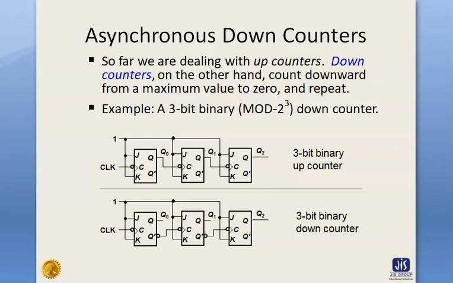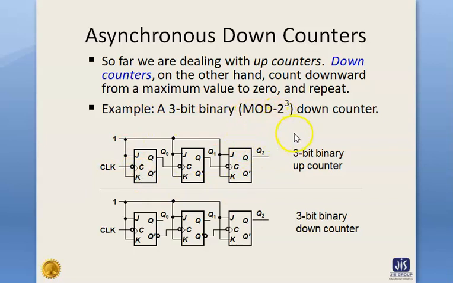Okay, asynchronous down counter. So far we have discussed up counters, that is, they count upwards from 0 to the maximum value. It is possible to make a down counter by modifying the up counters in some ways. In a down counter it counts downwards from the maximum value to 0 and repeats. So this is an example of a 3-bit binary down counter. 3-bit means mod